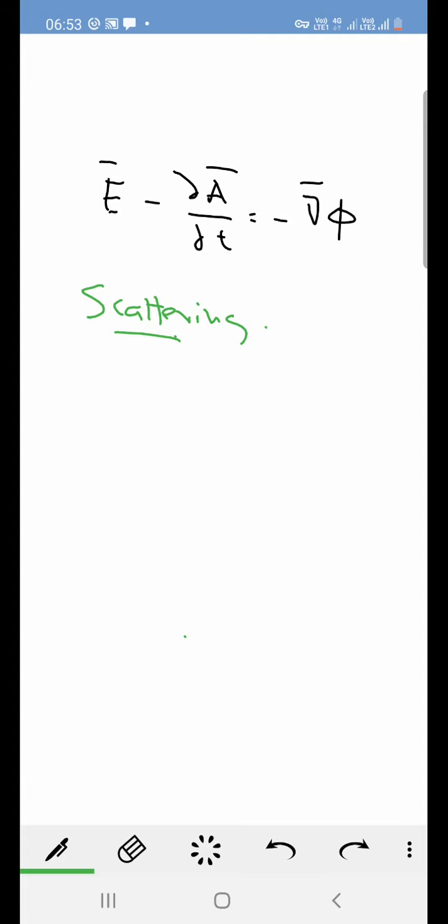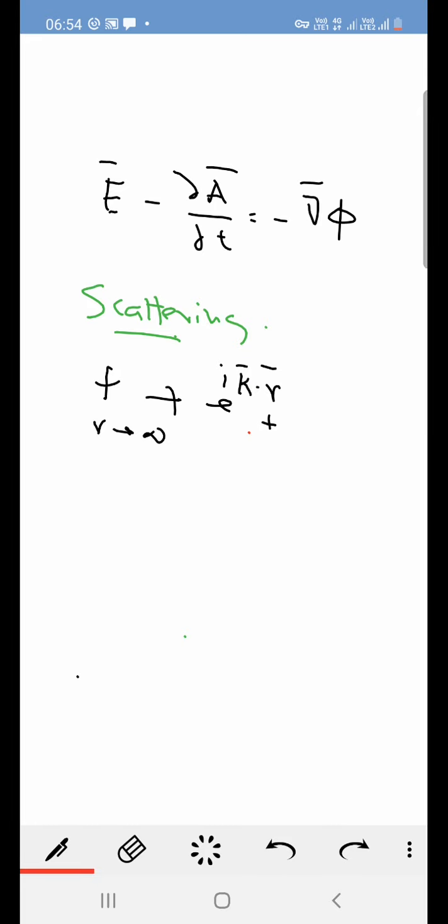Now you know that in scattering, if there is a wave function psi at large r, going to infinity, it can be expressed as equal to e to the power i k dot r plus f theta